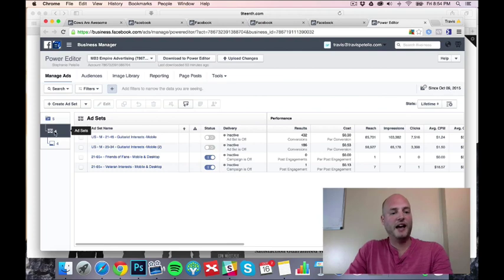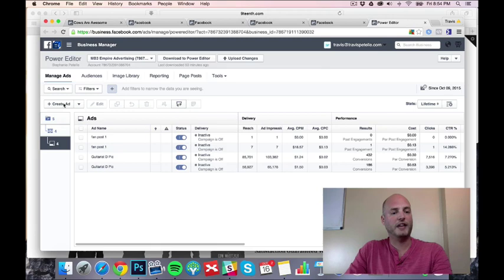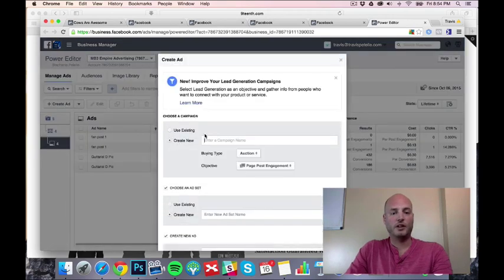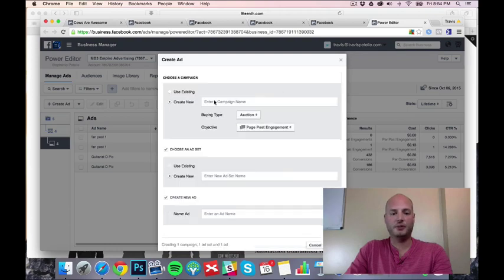So in the ad set here, we'll go to ads, and I'm going to create an ad. Create a new lead generation campaign. All types of new stuff Facebook's doing here. All right, so Cow Whisperer,